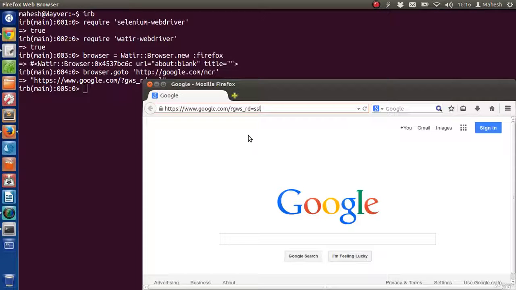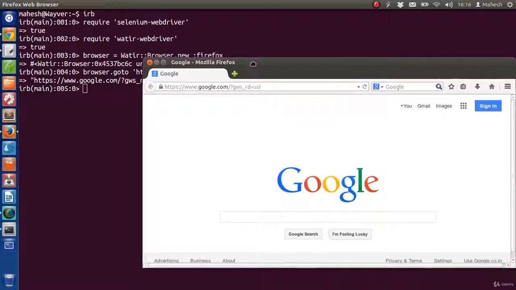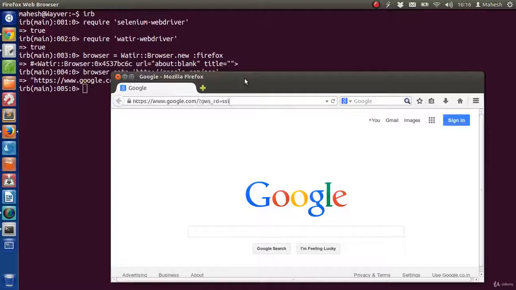Okay, so this was our simple script to use Watir WebDriver. It's simple and just like what you have done in our previous tutorial for Selenium WebDriver. Okay, in the next tutorial we will see each of these Selenium and Watir commands for checking page elements and performing small tests on them. For now, I suggest you